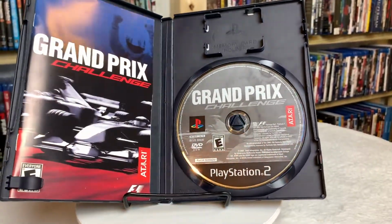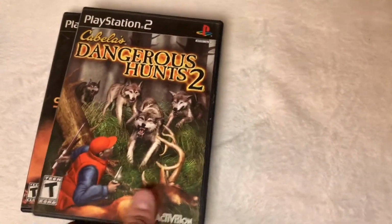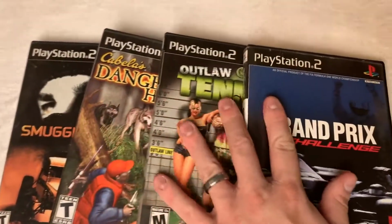It looks like this one came out in about 2002, 2003, so I've never played it, and I haven't heard really anything about it, so I don't know how good it's going to be, but I have to have it because I'm trying my best to collect as many sports titles and racing titles as I can for the system, so we'll see. Grand Prix Challenge on PS2 is the last clearance game I grabbed, so let's talk about the